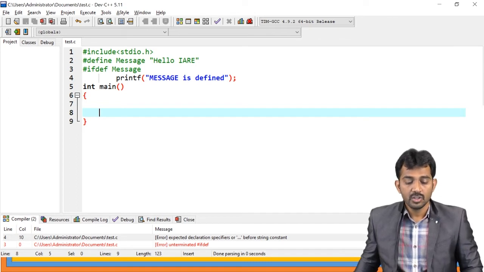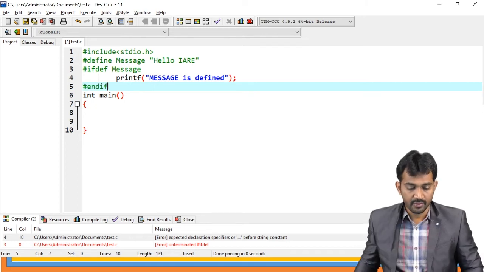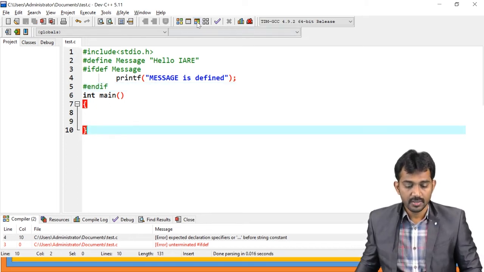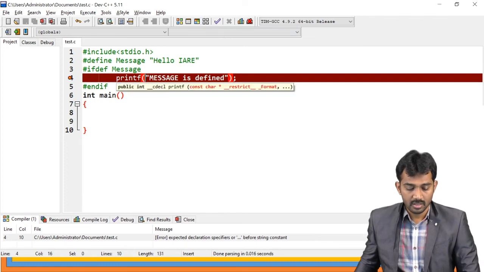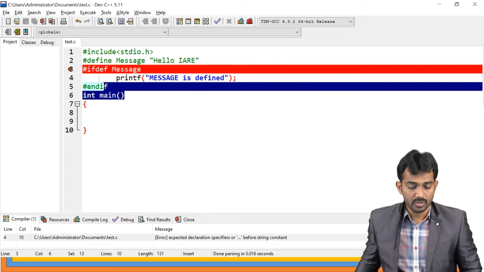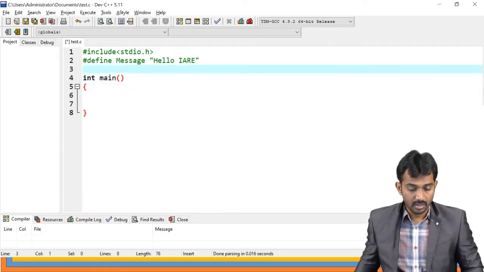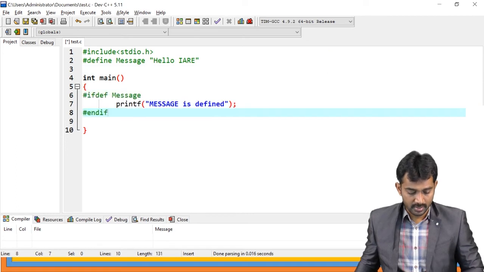After this, I should use #endif here. So what is the scope of that one? #endif, right? So you just use this one inside this function. Yes.